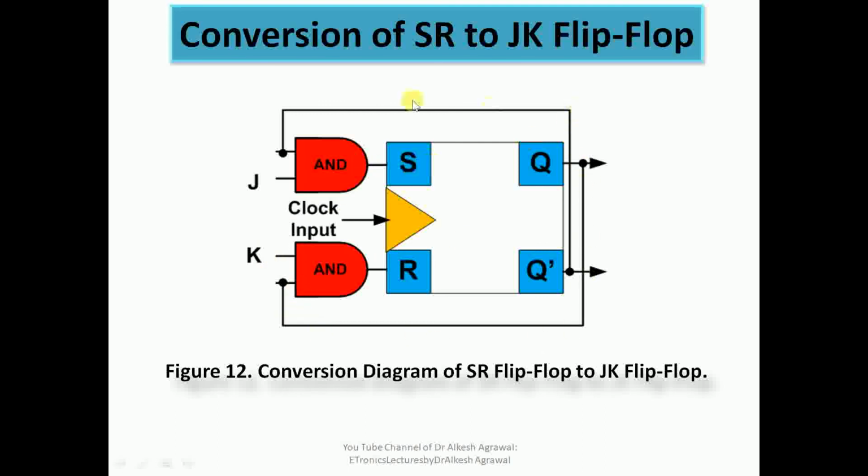So like this, very easily we have converted SR into JK flip-flop, and this is what we have verified, that SR flip-flop can be converted into JK by two feedback connections. We have a feedback connection from Q complement T along with J, and along with K we have a feedback connection from QT. So this is how we converted SR flip-flop into JK.